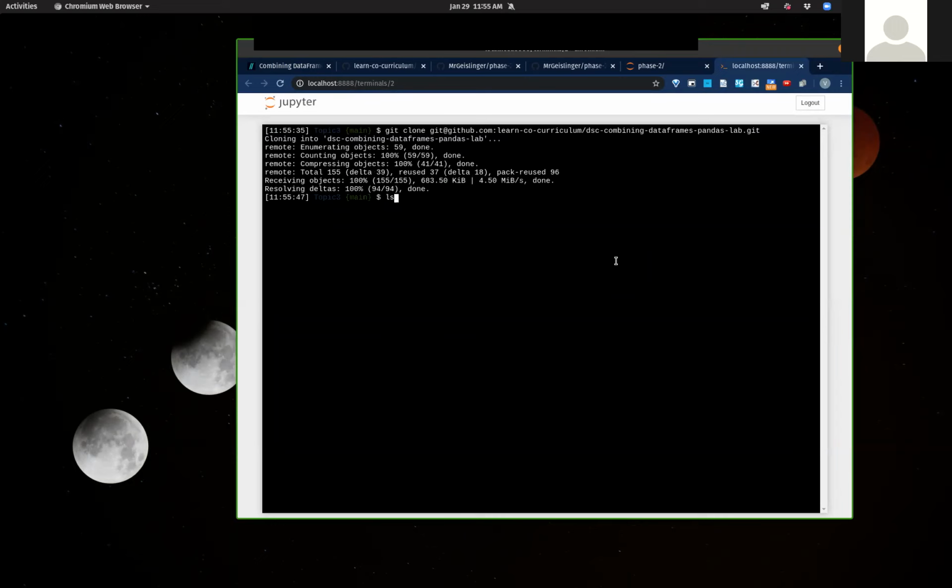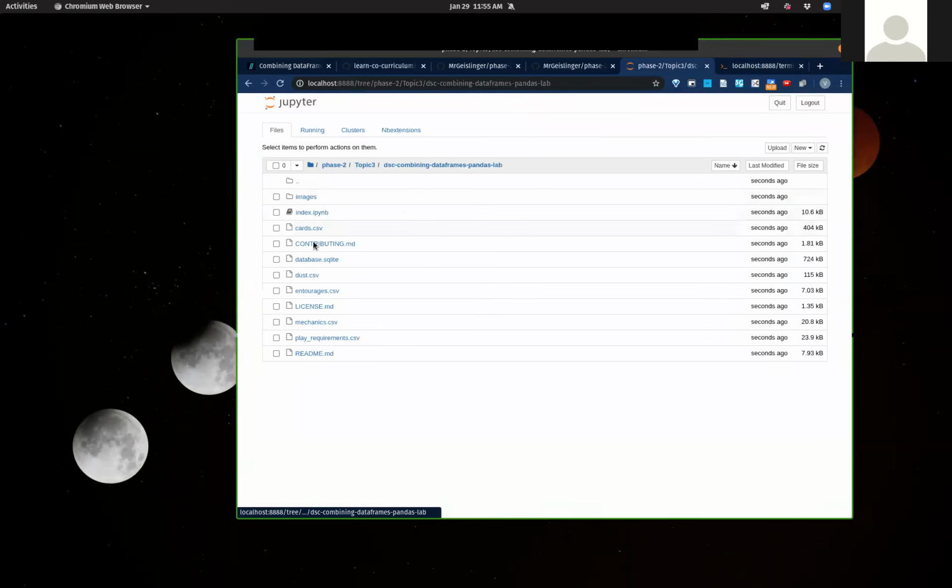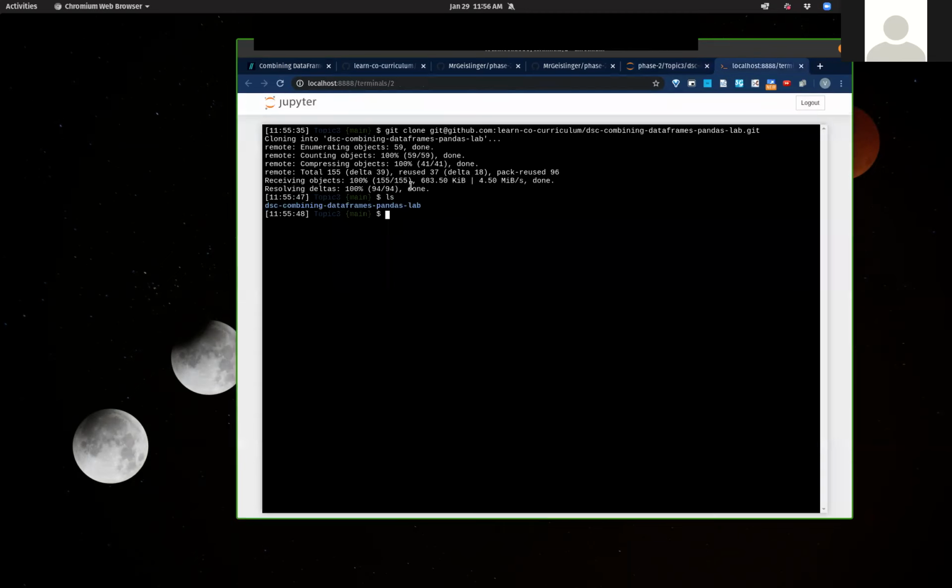And there you go. And now I can see the repo's in here. And you can go back to here if you're more familiar with this, topic 3, and there's the lab, and I can do some stuff in here, like all the files are in there. Okay. So the problem with this is that this is actually being recognized as a Git repo within a repo,